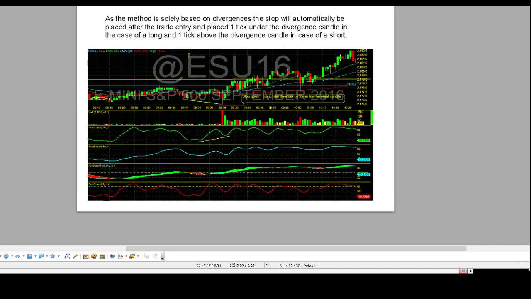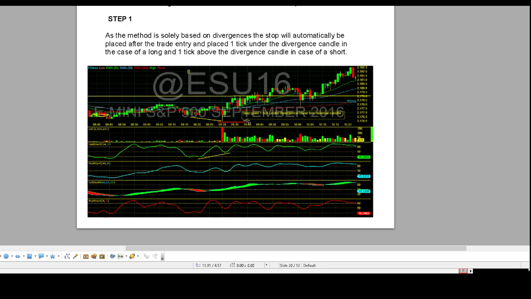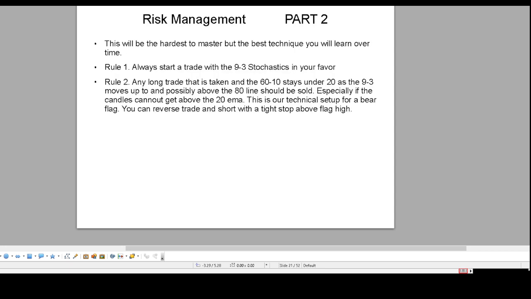Fear and greed. Always put your stop 1 tick underneath the divergence. Do you notice that? So many times we get that little pullback, a little drop with a candle, a much higher low. That's what I've been showing you, right? And look at the big move. All you have to do is put that stop 1 tick under that low, and you're safe. The hardest part, I always say, and we'll continue to say it, the hardest thing about trading in the DTR methodology is when to take profits.